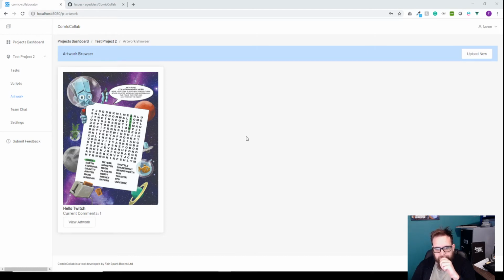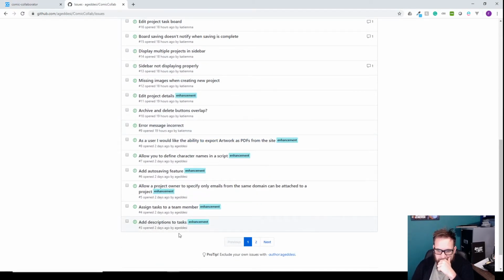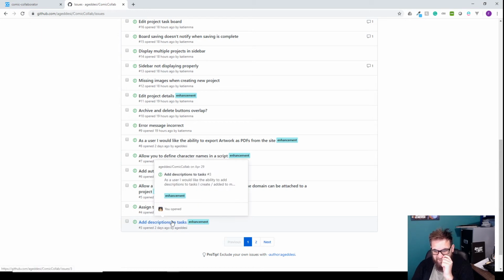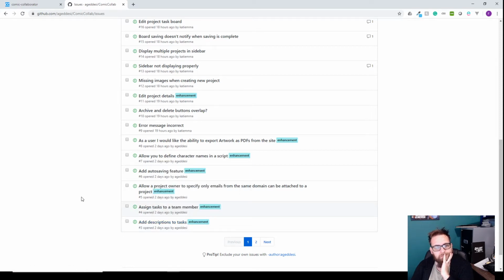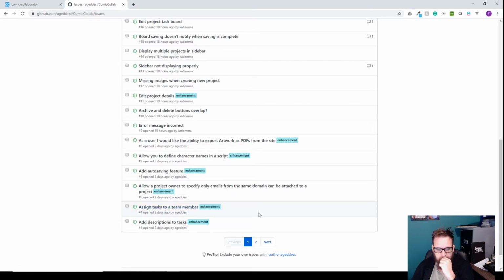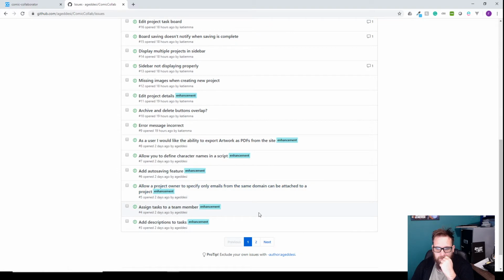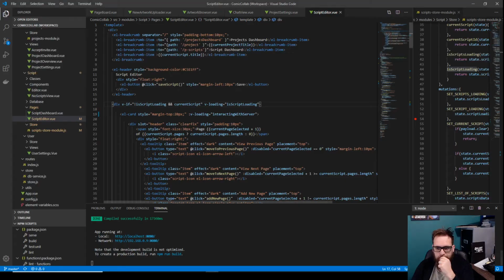Cool. Okay, so let's have a look at what we've got on the list. So add descriptions to tasks. Yeah, that's not too hard to do. We could do that pretty easily. So that's one option, and assign tasks to a team member is a second option. Let's add a description to tasks. So let's have a look at our task